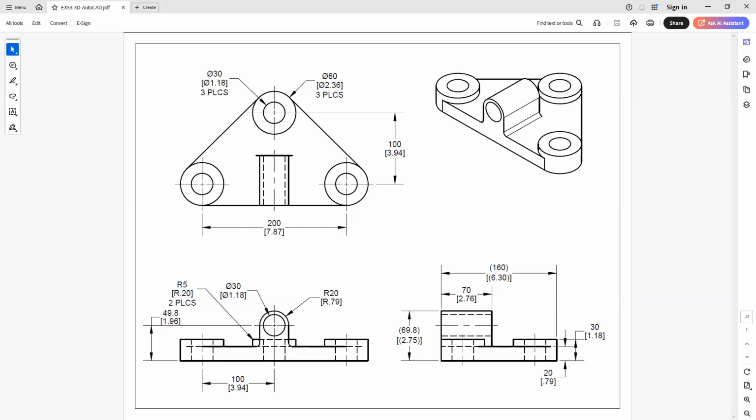Alright, so what I want you to take notice of is some of these lines that you're seeing here. And you can take a look at this line, for example, here. You can see that it kind of extends over, and excuse my bad drawing there over the screen. But you can see that this line extends and it doesn't come off really sharp. What it's actually showing is this fillet that you're seeing here. We're going to see that as we go through here and create this model, that we have some kind of control options that we can look at on these tangential edges and these interfering edges, but we can't control